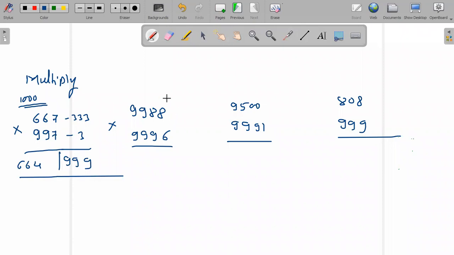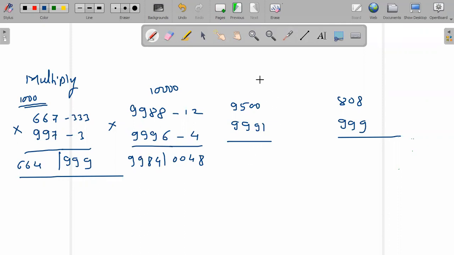Okay. What about this one? What will be the base here? 10,000 will be the base. What is the subtraction here? 12, I think. Am I right? And here 4. So what will be the product here? 0048. Am I right? Yes, sir. And then you have to just subtract whatever is easy. Subtraction is there, right? Yeah. 9984 will be there. So this is the answer.